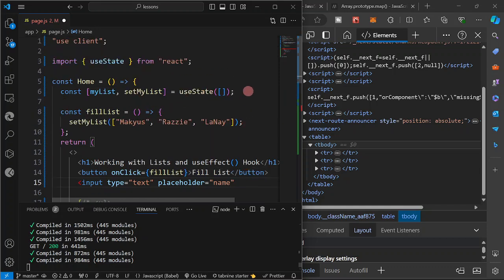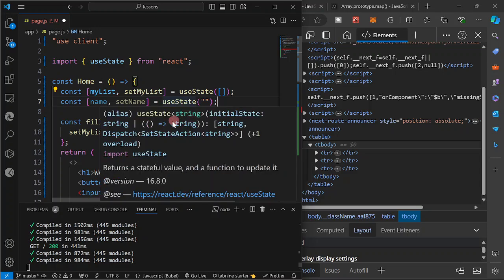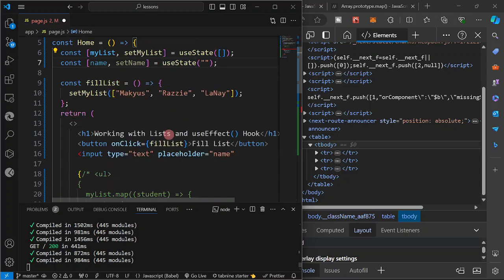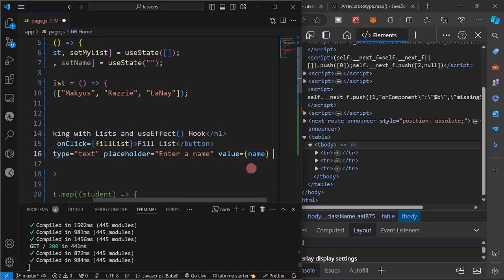Name, I'm going to add here const name, because we are going to let the user enter a name, then click a button, and it's going to add that name into our list. Placeholder is equal to enter a name, then value is equal to name,